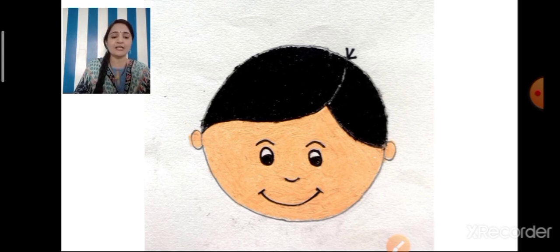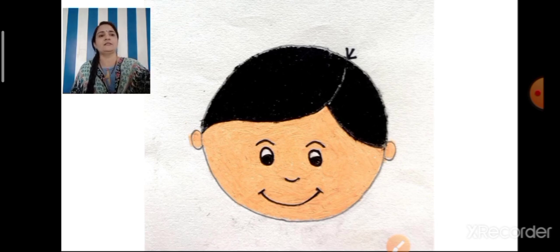See how teacher has left a fine line of paper white to show the partition of hair. So you also don't color it with black crayon. Okay, then after coloring the hair, color eyebrows, eyeballs, nose and mouth also. Okay.